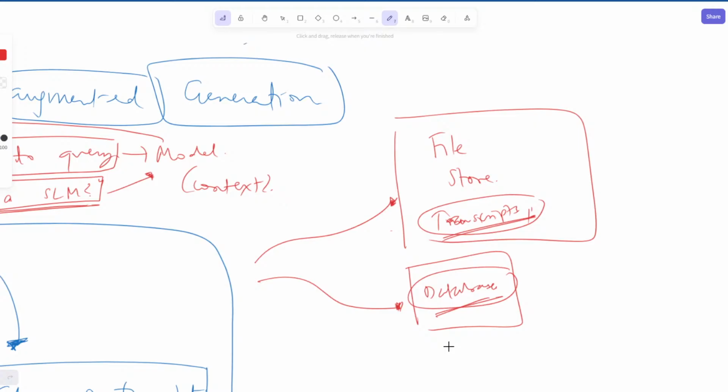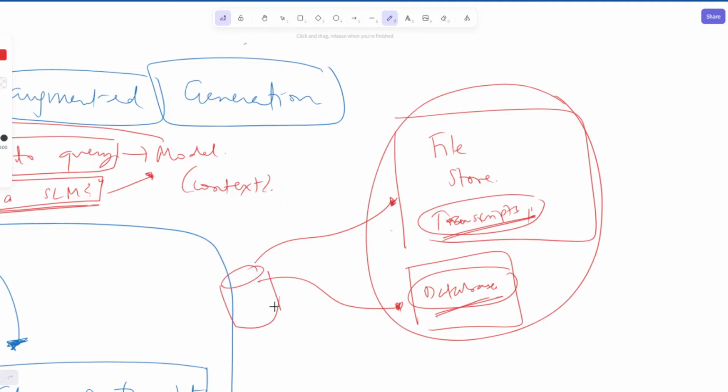So what is that tool that we use to do this for us? It's vector databases.